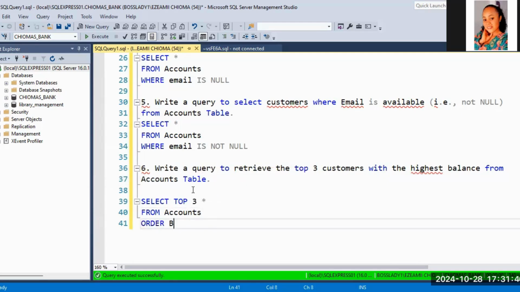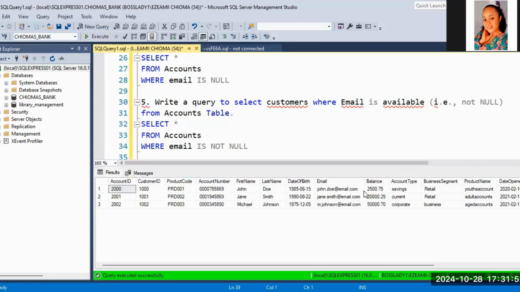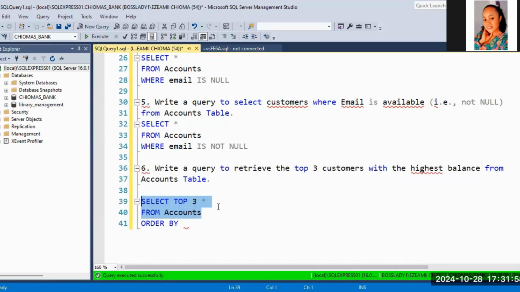You have to order it. If not, it will just give you any result. If I run this one now, it will still run. So you see, but it won't give you the top 3. It will just select a sample and give it to you. So that's why you have to order it to make sure it's the top 3 that you're selecting using the